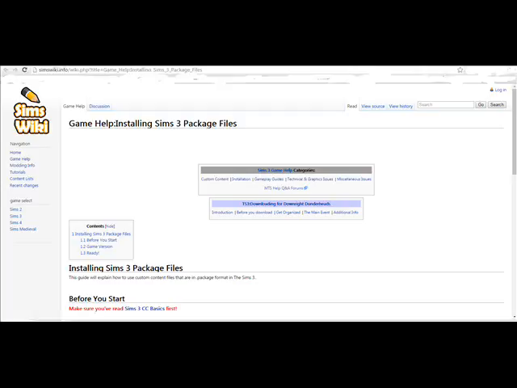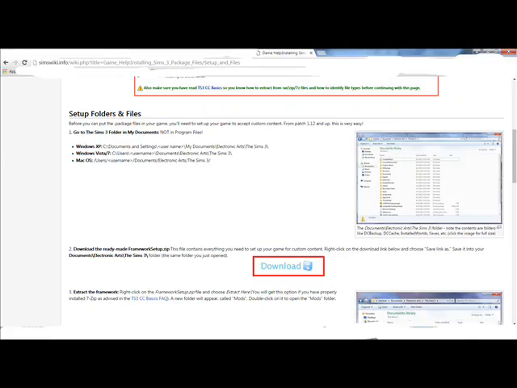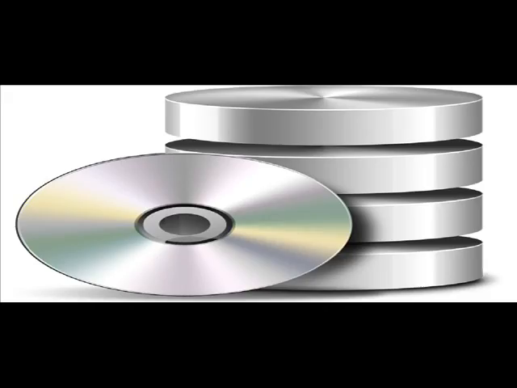First, go to the website posted on the screen, read the instructions very carefully and very thoroughly, then go to the bottom to click to the next page, then go to the download picture to begin the download, and all web links regarding this process will be posted down below.